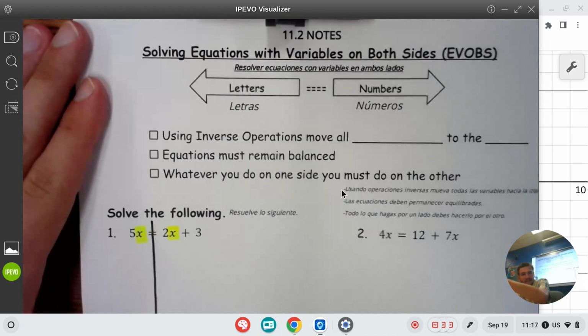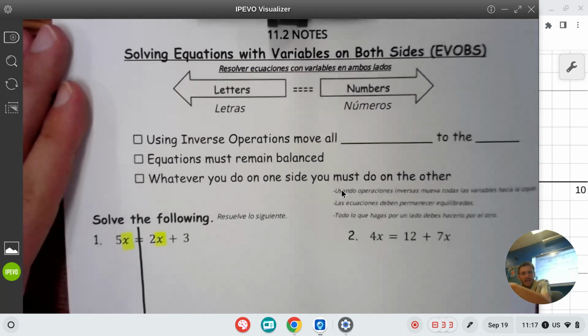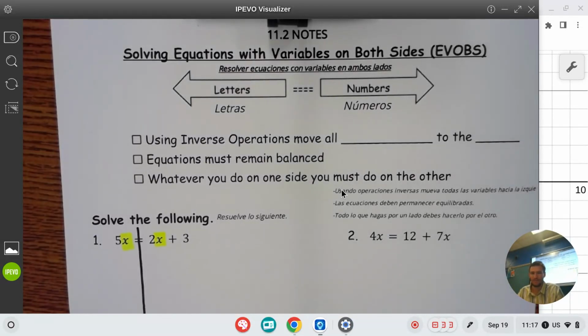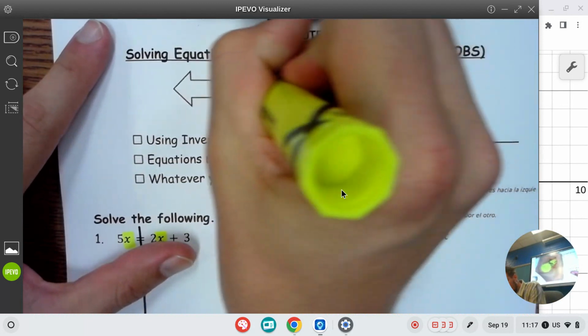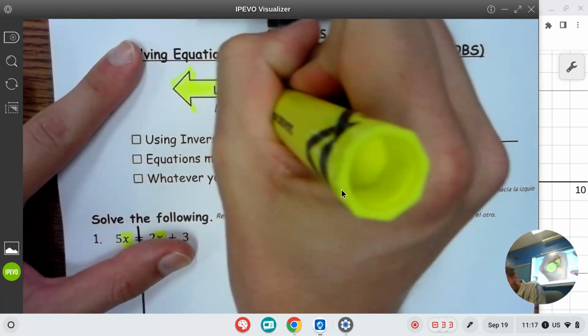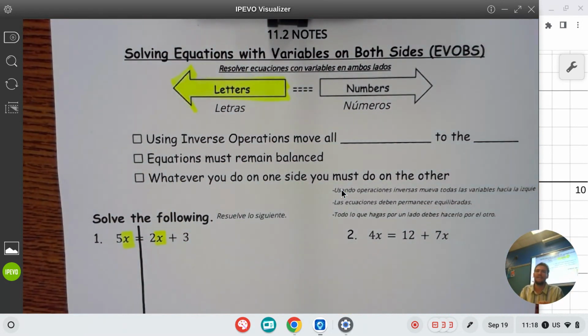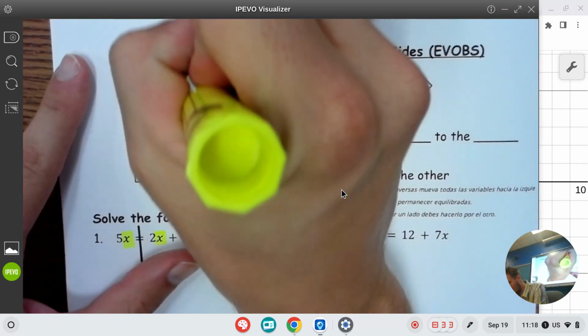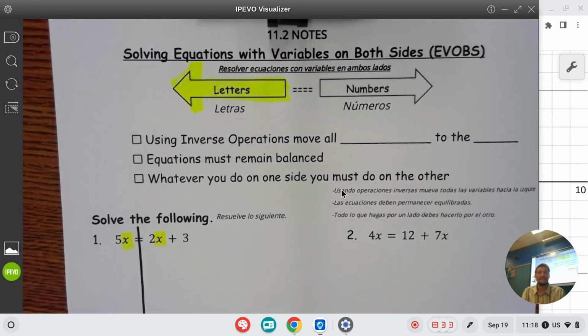All right, we're doing equations, variables on both sides. This is our second time because we got interrupted by an announcement. We're going to have variables on both sides, okay? The number one thing we're going to want to do today is this arrow right here. We're going to want to get our letters left, okay? That's our goal today. When you see letters that are not where they're supposed to be, you need to move